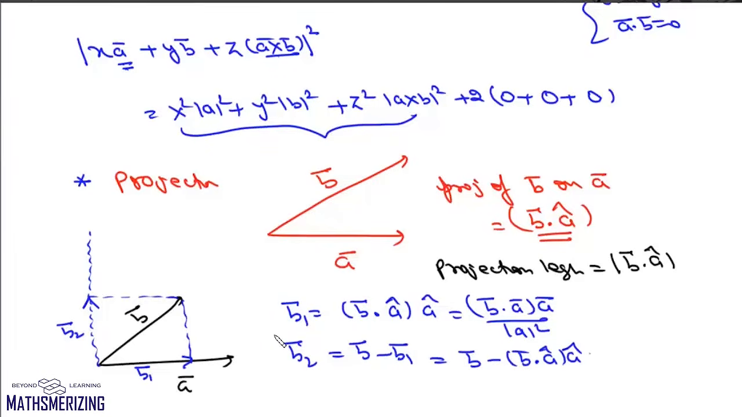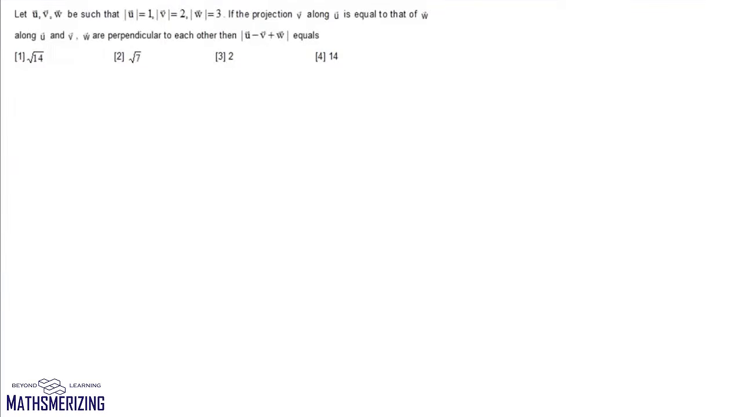So this is how we resolve any vector into two components, one in the direction of a and the other in the direction perpendicular to a. And if it is just length, make sure you take this mod sign, because you'll get two values, plus and minus. Now the question is, if u, v and w are such that mod of u is 1, mod of v is 2 and mod of w is 3,